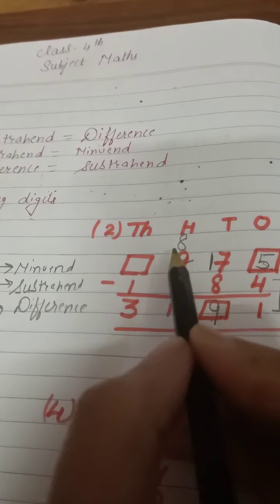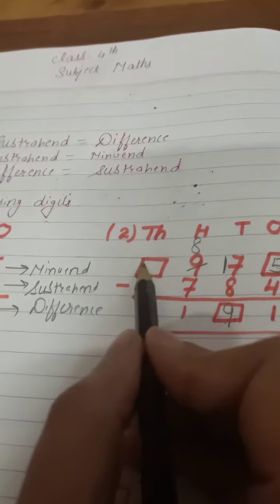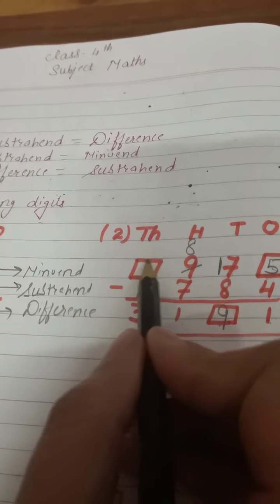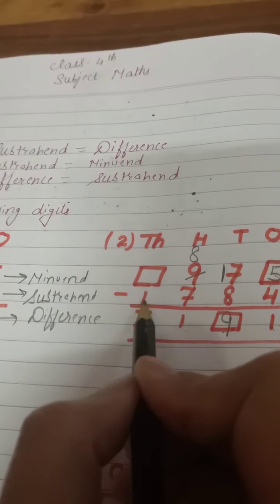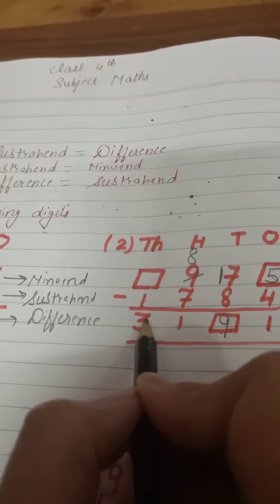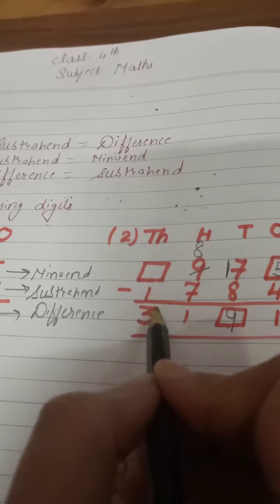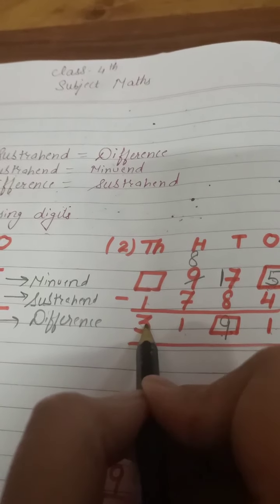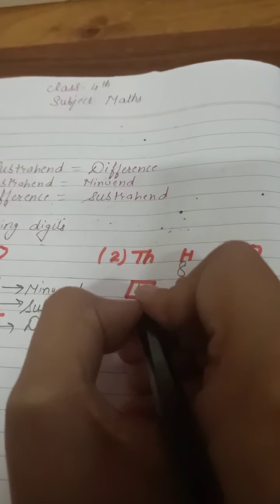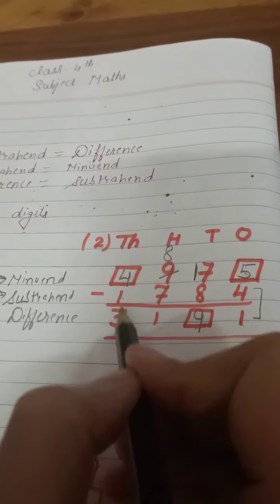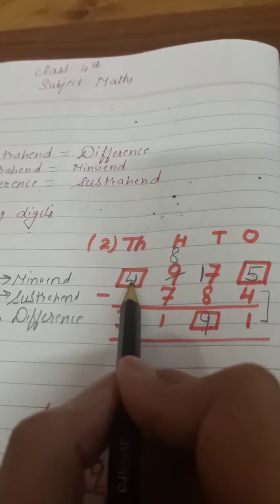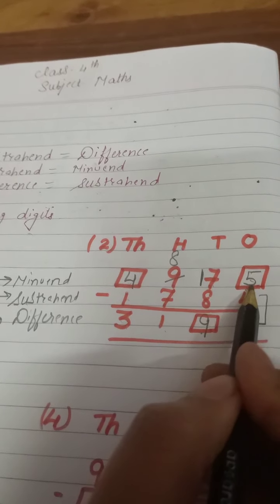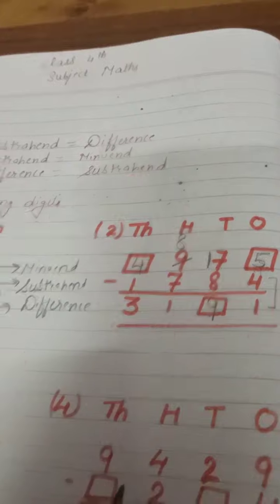We already know that. Okay, see, now here we have to find this missing digit. Here we have to find the missing minuend. When we find the missing minuend, we will add the difference and the subtrahend. So we will add these two digits. Okay, 1 plus 3, yes, 4. So write here 4. You can check also 4 minus 1, 3. It means our answer is correct. So the missing digits are 4, 9 and 5. Understood? Now see one more part.